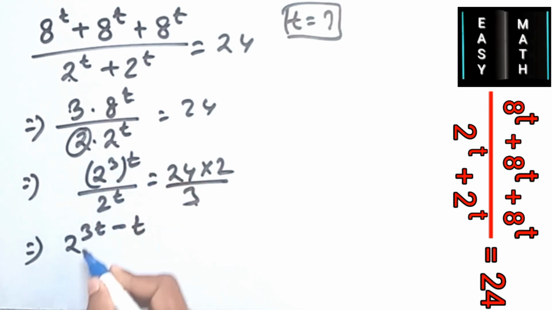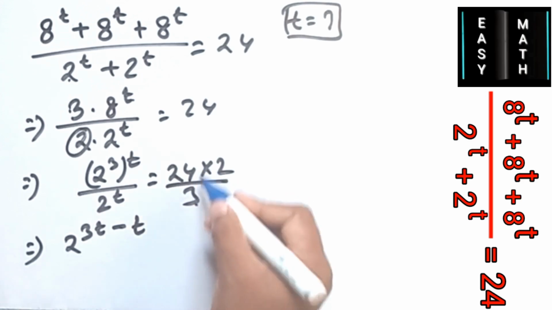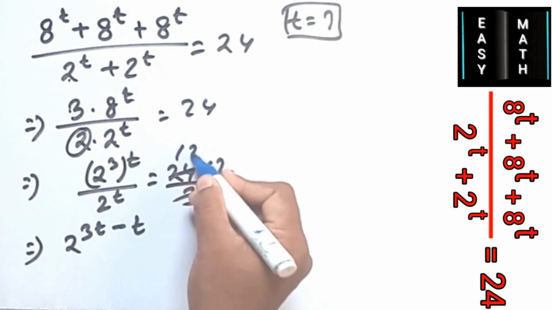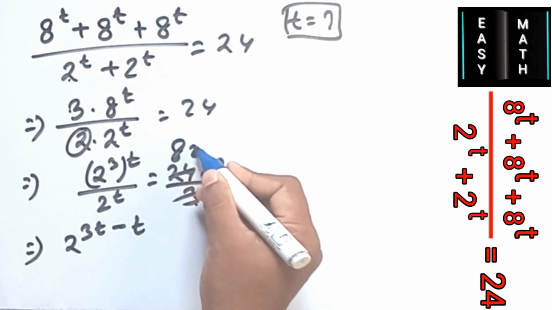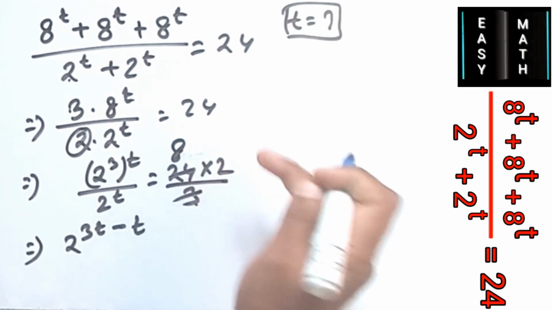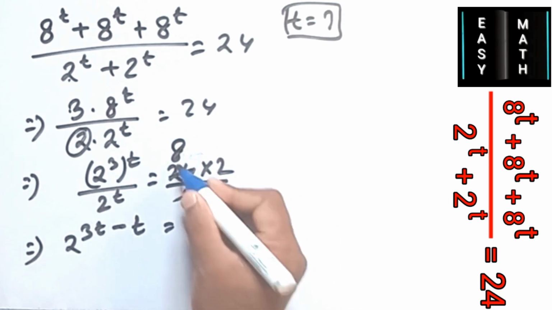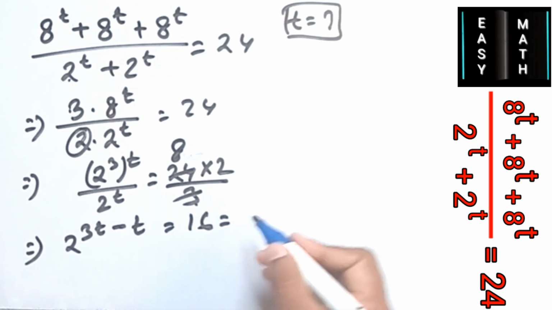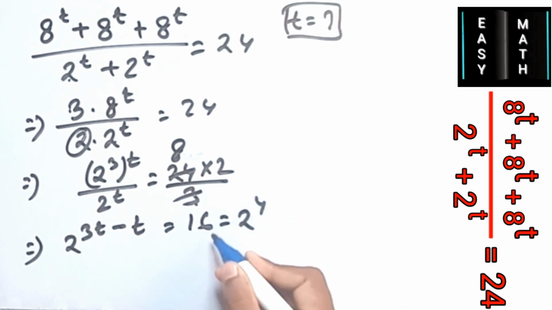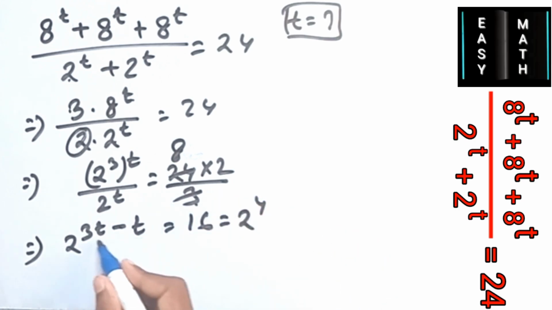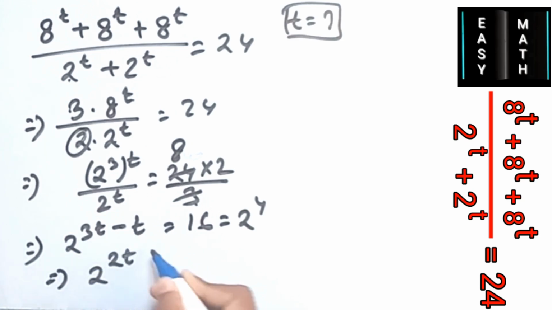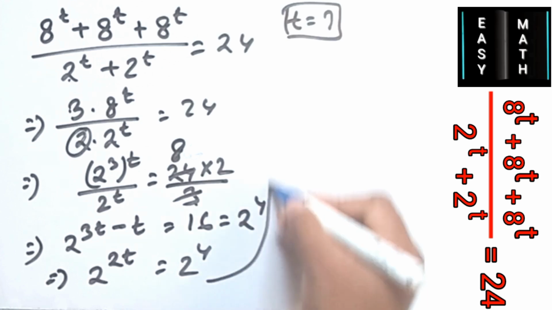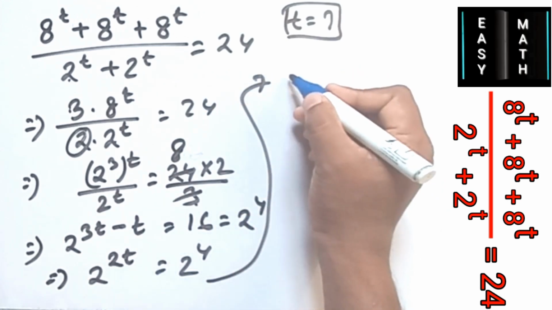We can write this term, and this term is, sorry, this is 8. This is 8. So this is the 16. And 16 we can write as 2 to the power 4. And so this 2t is 2 to the power 4. So we can write here 2 to the power